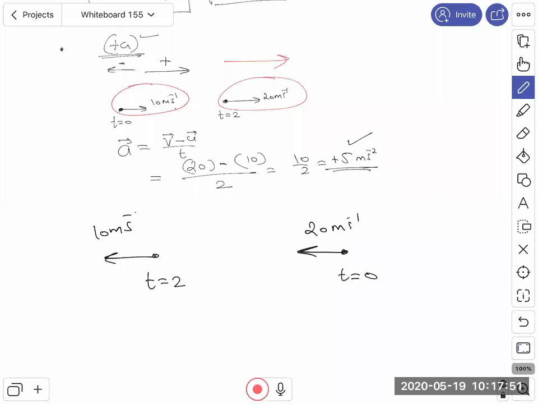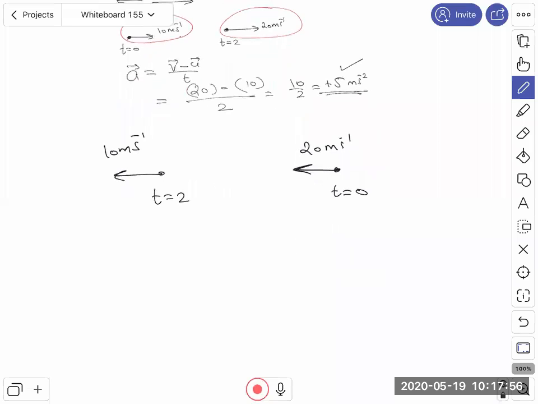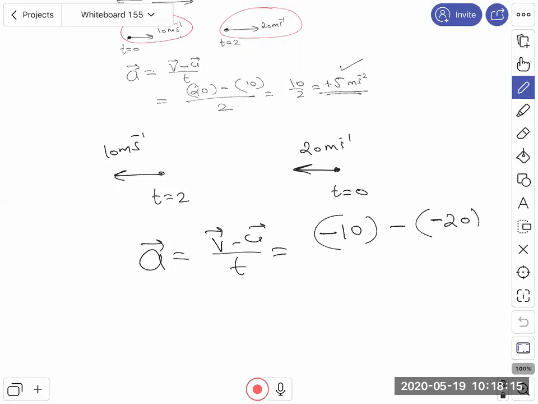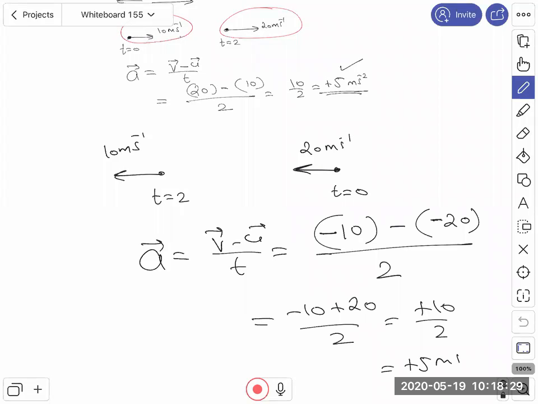So we can say that the speed of the particle is decreasing, but not along the positive direction, but along the negative direction. So over here, if I am finding out the value of acceleration by using that equation, v vector minus u vector divided by t, so velocity is along the negative direction. So we should take it as it is, minus 10 minus initial velocity, which is 20 in the negative direction. So we should write minus of minus 20 divided by time, that we can take as 2. So over here we'll get minus 10 plus 20 divided by 2, or plus 10 divided by 2, or we'll get the answer as plus 5 meter per second.